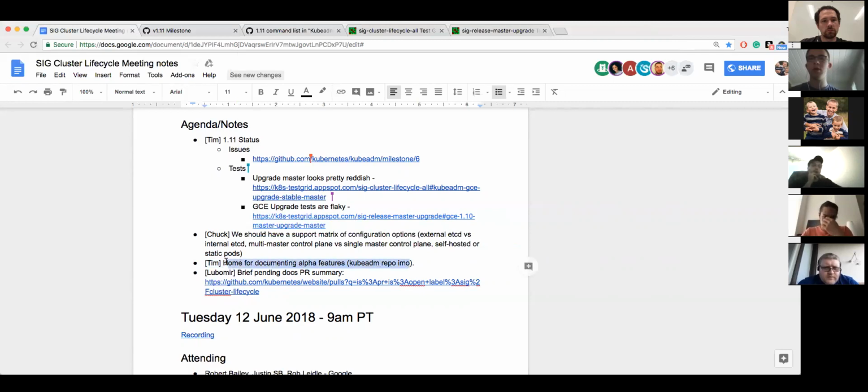Because putting major documentation out there in the wild for alpha grade things is generally a frowned upon thing. Once we reach beta, sure, I don't care. But this is a migration from V1 Alpha 1 to V1 Alpha 2, which I don't think is warranted on the main doc site.